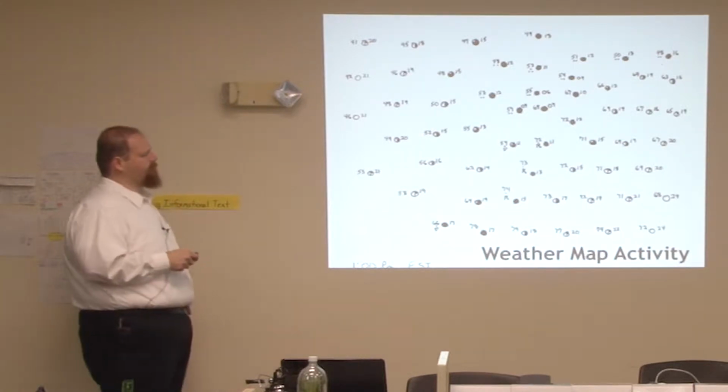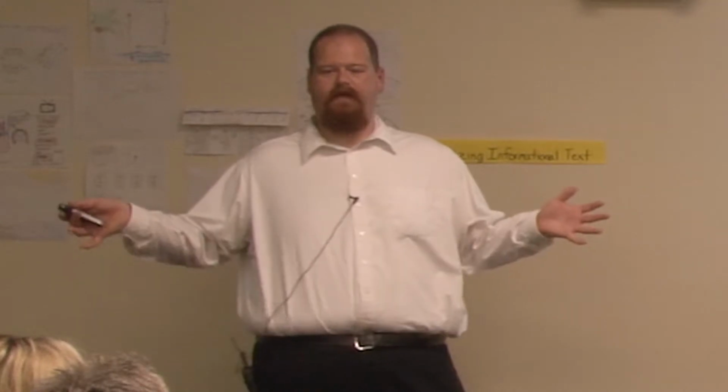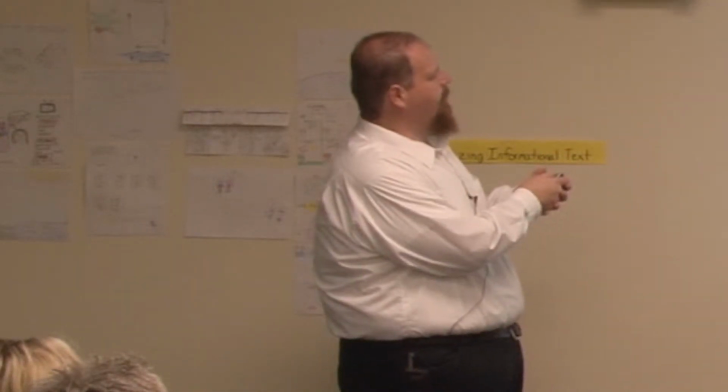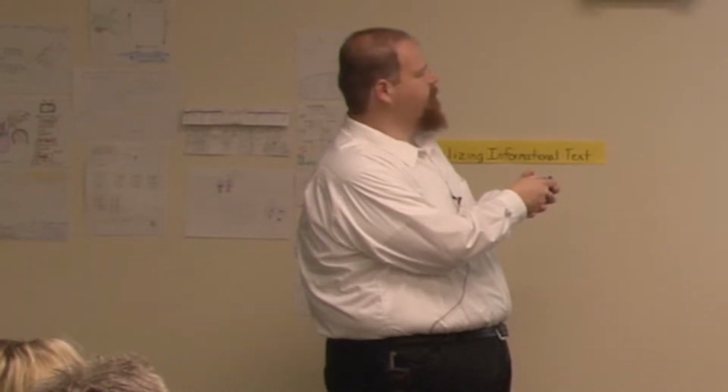And what we're going to do is we're going to draw the isobars. Isobars are lines that connect areas of equal pressure. You're connecting the dots, essentially. So for instance, we're going to maybe start out at 20. So we're going to draw a line right through 20. We're going to go every 5 units.